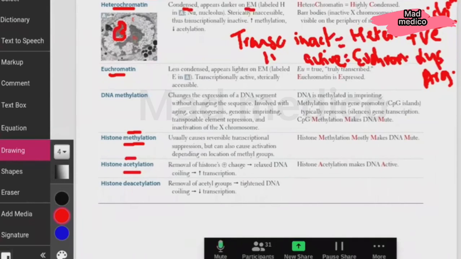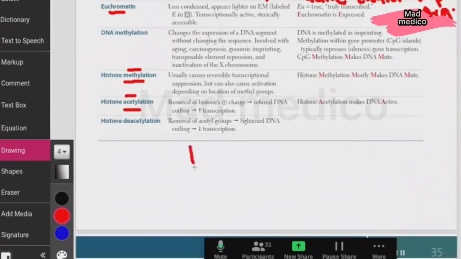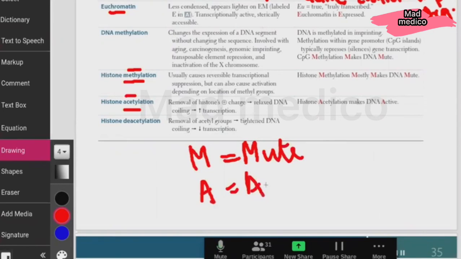So if heterochromatin is inactive, then there should be increased methylation and decreased acetylation. The easiest way to remember this is M for mute, and A for active. So next time, if you receive a question in NBME where they are talking about acetylation, try to